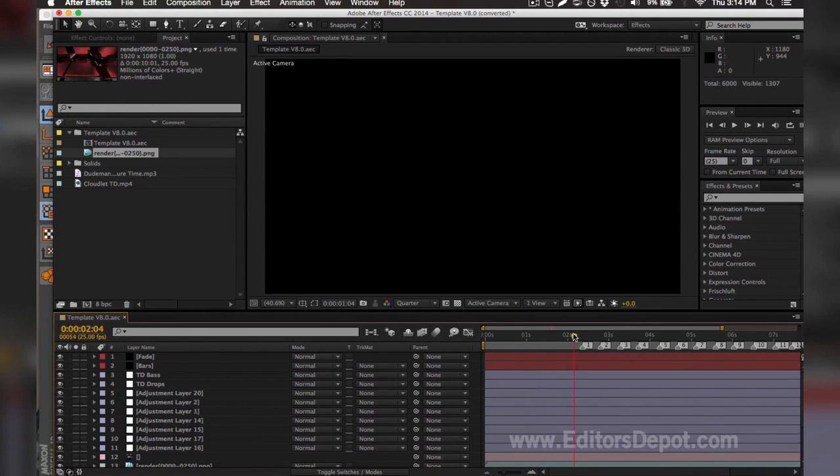So we're 100% done. Assuming you have every single one of the plugins required, you're 100% done, and if you don't, you're going to have a black screen similar to this. If you do have a black screen similar to this, you're going to want to make sure you